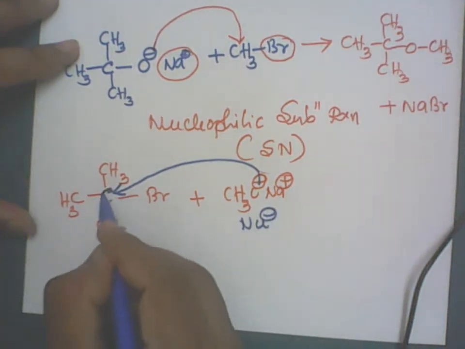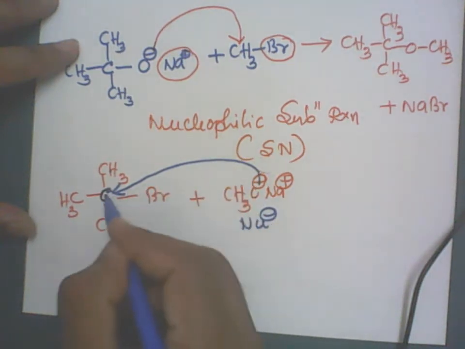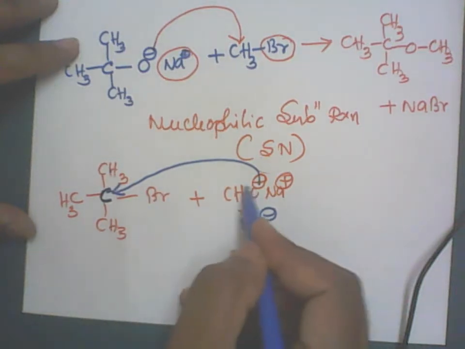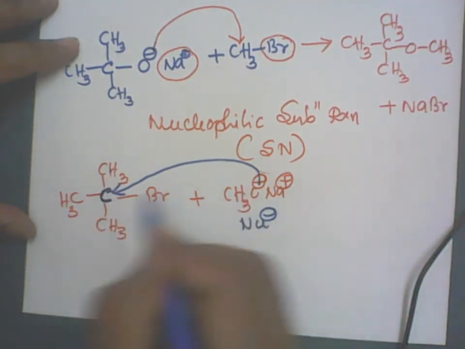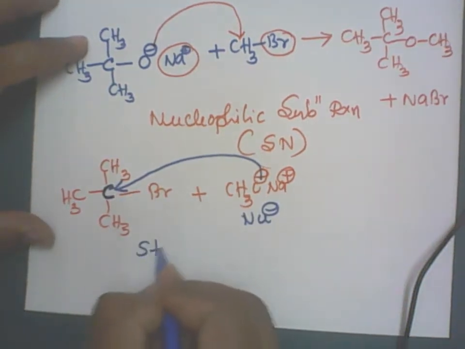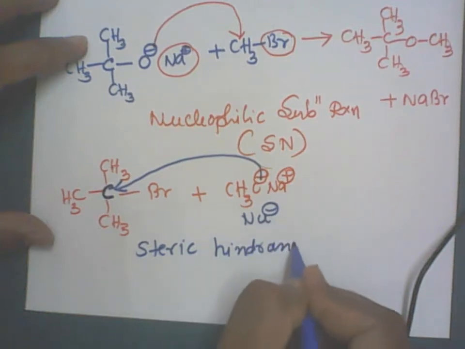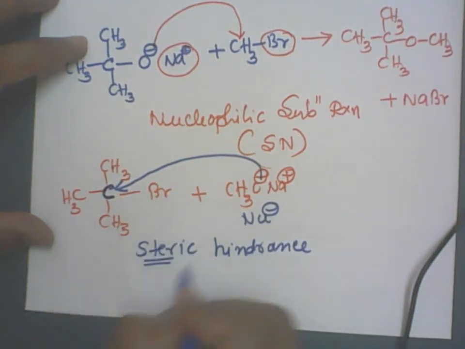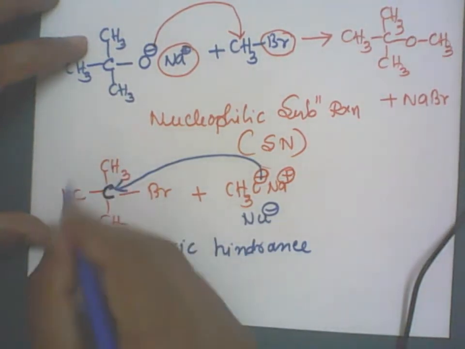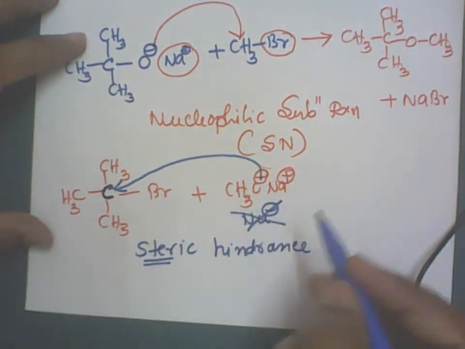But the problem is that this carbon atom is already crowded now. The nucleophile cannot go closer to the carbon atom, cannot make bromine go out, and cannot form the oxygen-carbon bond easily because these are crowded molecules. There will be a steric hindrance. You know the word stereo. Stereo means in space. In the space around the carbon atom there are hindered groups. Bulkiness is more, so it doesn't act as a nucleophile.